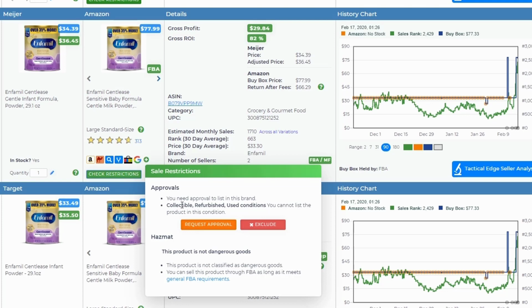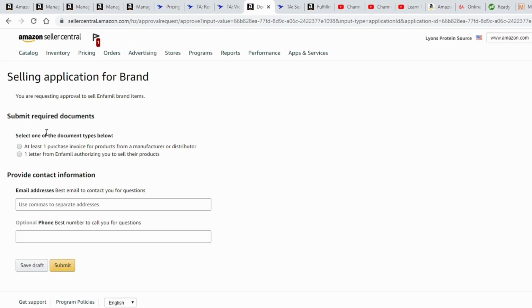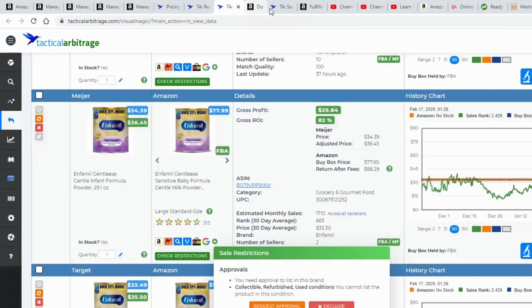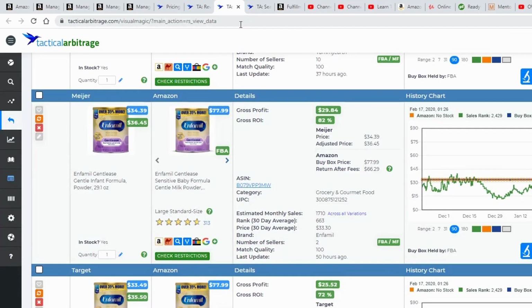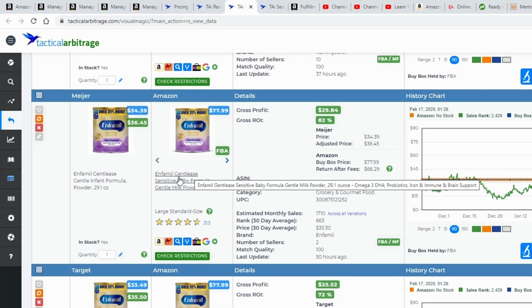But let me give you a tip. When you see that you're not approved, go ahead and request approval. See if it will allow you. While you're searching, and see here it did not. If it's asking for invoices and that, then I'm not going to get approved. But you can get instantly approved in some categories. Also, while you're searching, what you're doing is over time, you're increasing the amount of products that you're going to be able